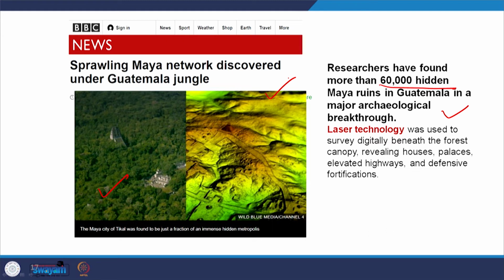So using this data, people have identified the hidden ruins in Guatemala, and this was really a very major breakthrough of the laser based technology used in this kind of work. And nowadays there are many studies where we can get some traces on the ground. If the soil is disturbed, we can get some traces of that with the help of the coordinate systems, and probably we can find out if there is a buried structure under the ground with the help